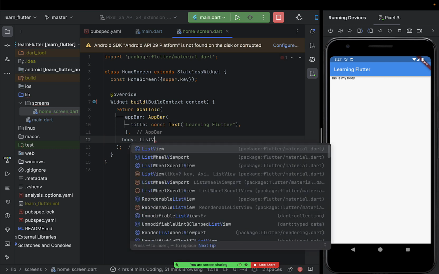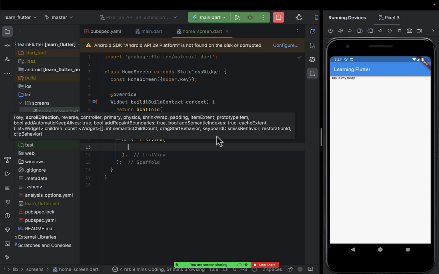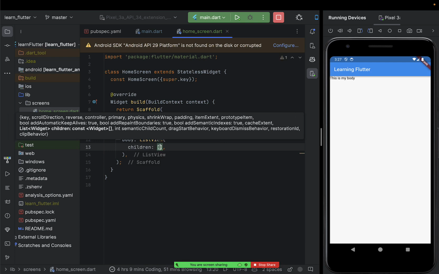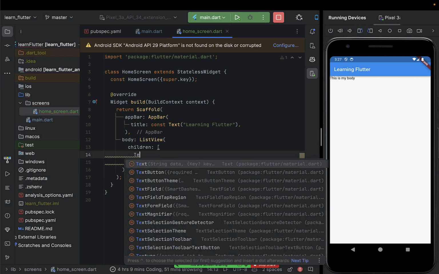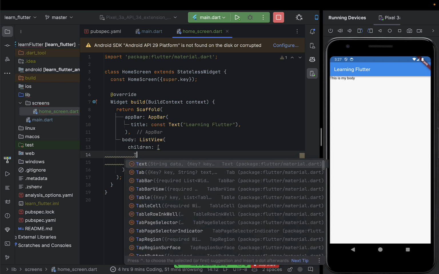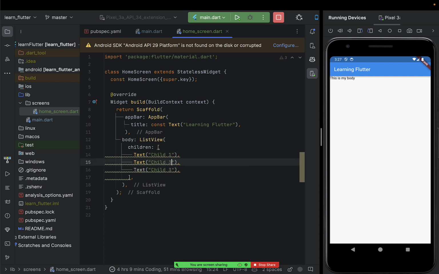List view is a widget that allows us to have things that are scrollable in the form of a list. So I'll open a bracket, and then pass what we call children. Children is where we're going to put multiple children. I can go ahead and put the first child. You see, it's an array, it's accepting multiple things. I can use a text and say child 1, then I duplicate this one, child 2, and then child 3